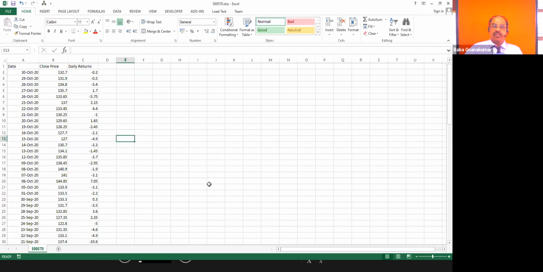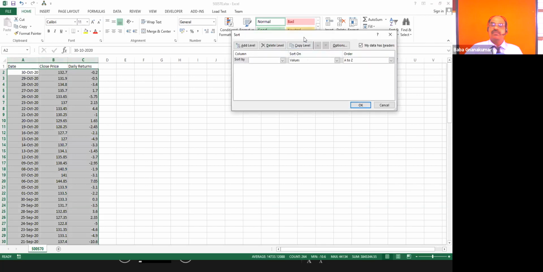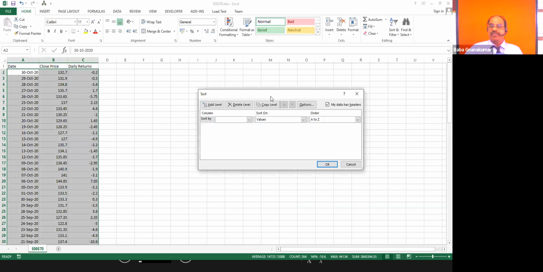So what do we have to do? Better you select this, go to sort, even go for custom sort. My data has headers. Check whether it has been clicked. Now sort by date, oldest to newest.